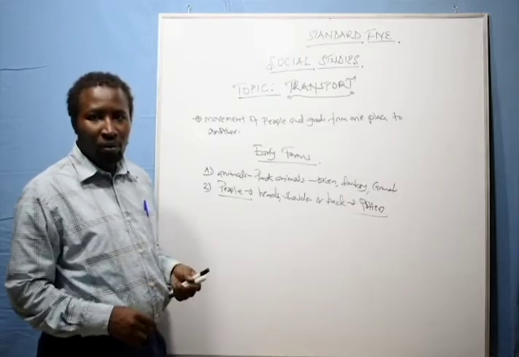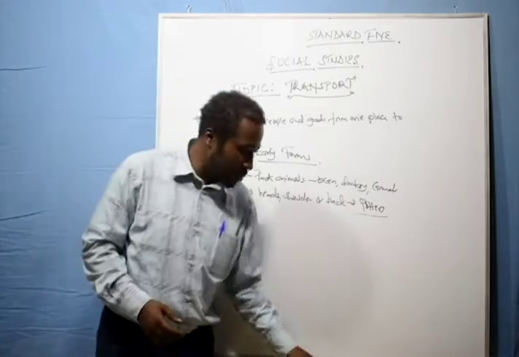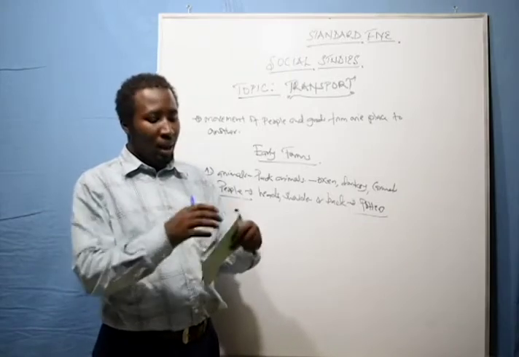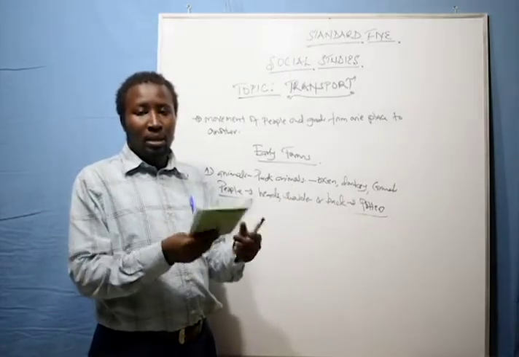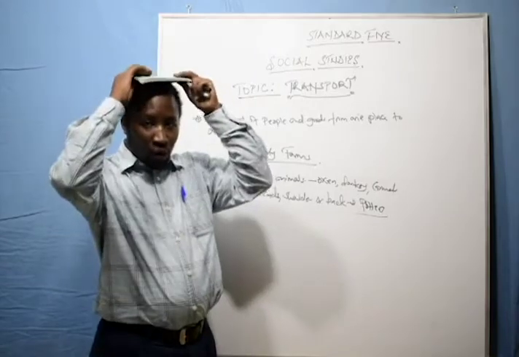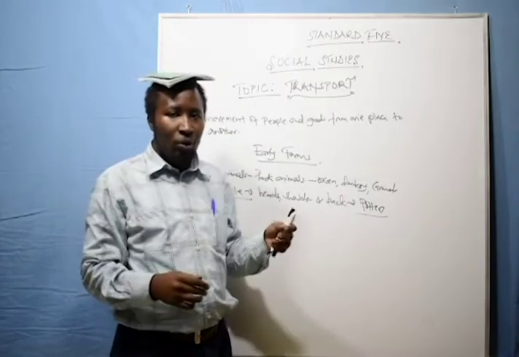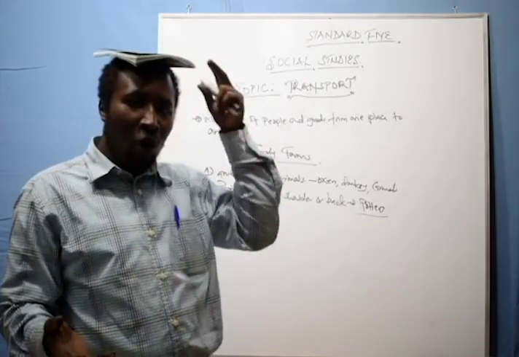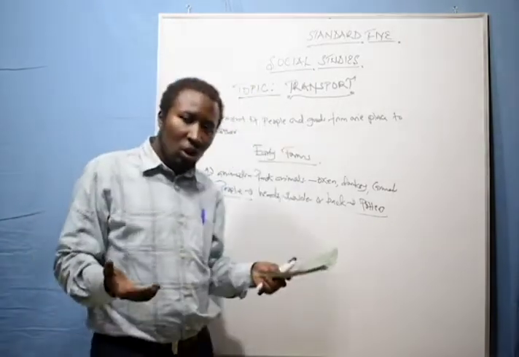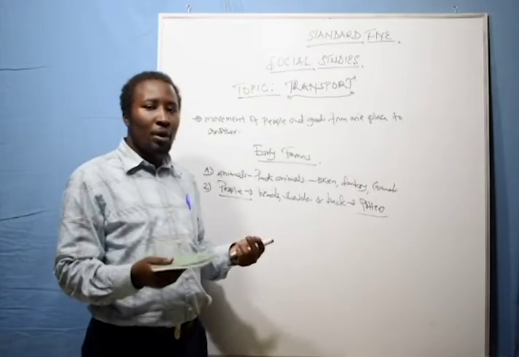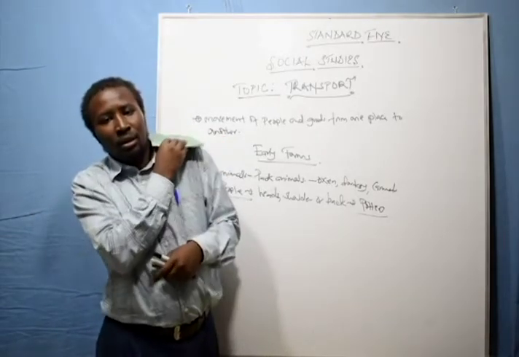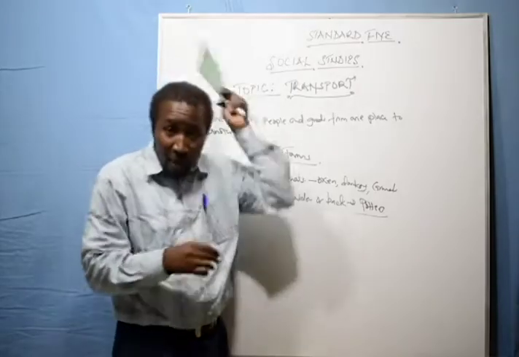For example, I would decide to carry a good like this. For example, these are books. I decide to carry it on my head. I probably move from one distance to another. That is what we call transport, whereby people who are used were porters. They would use their shoulders to carry goods, or even they would use their backs.